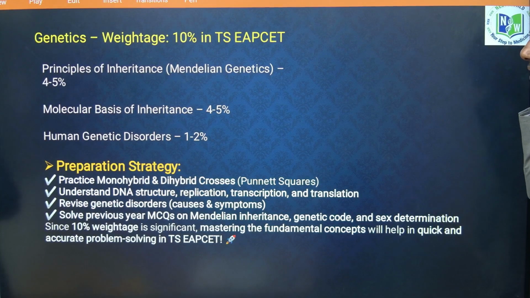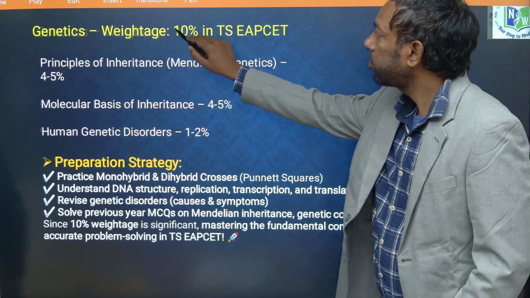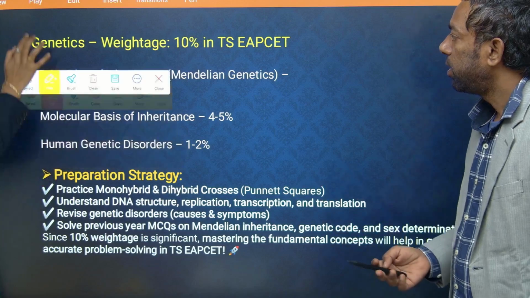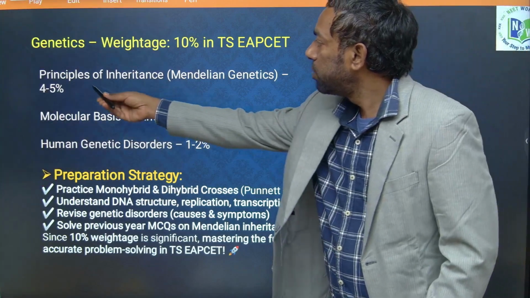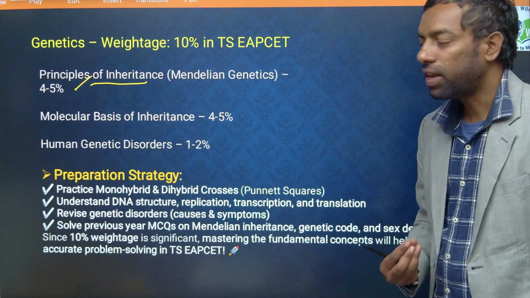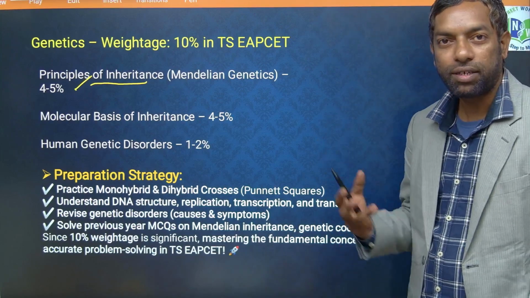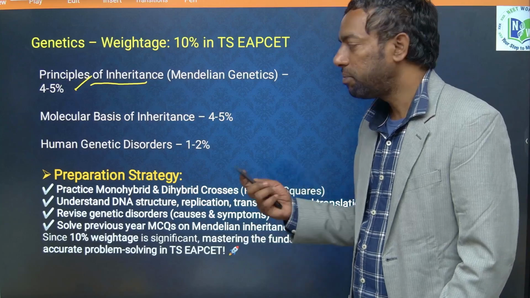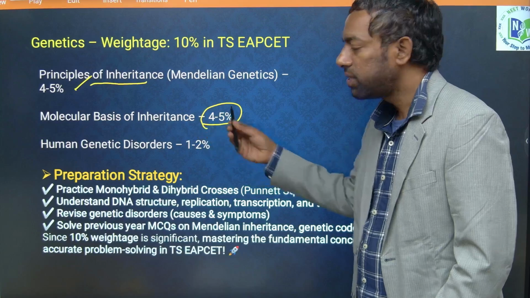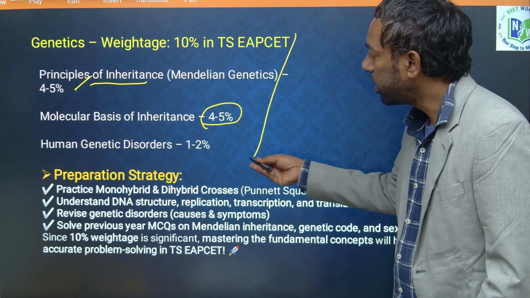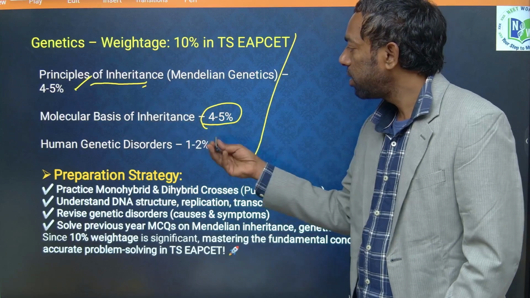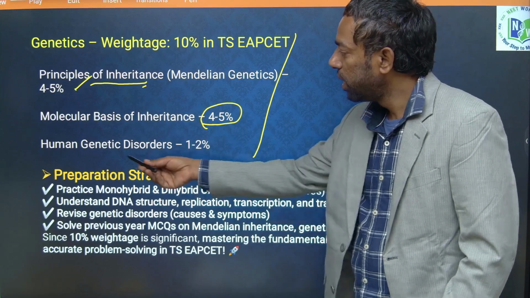Yeah, genetics is 10%, guys. Principles of inheritance is 4 to 5%. Genetics is a bit difficult, unlike other chapters, but you must come across this topic. Molecular basis of inheritance is also most important in genetics. These are the three topics weightage wise: principles of inheritance 4 to 5%, molecular basis of inheritance 4 to 5%,